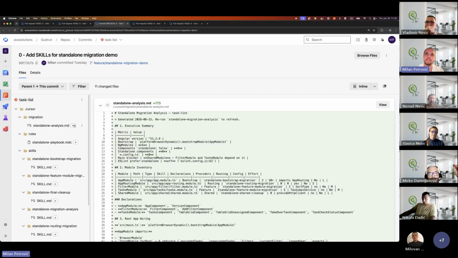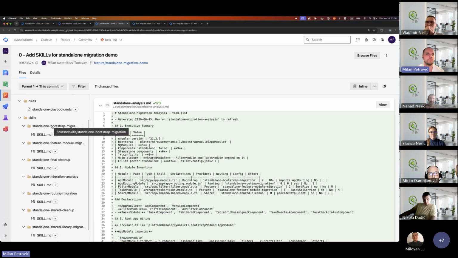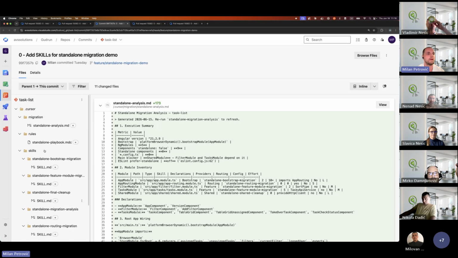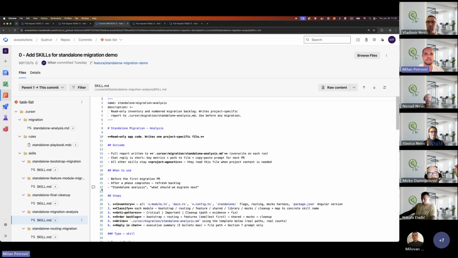And each skill is designed for a specific migration scenario. If you check here, we have skills for bootstrap application, for feature module migration, final cleanup, and as well, every migration starts with standalone migration analysis. When we put this skill into the AI agent, the agent scans the repository, analyzes the current state, and generates